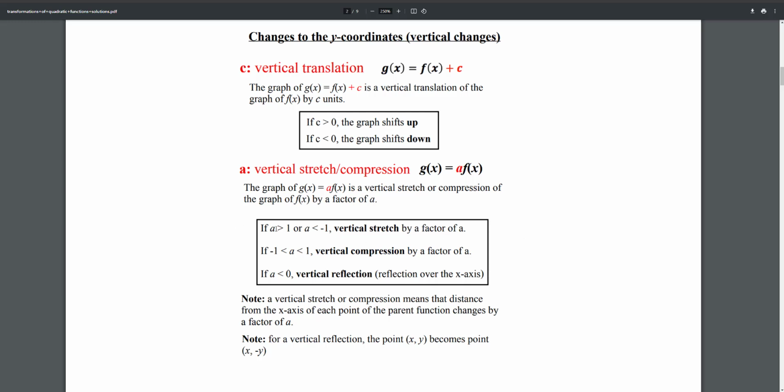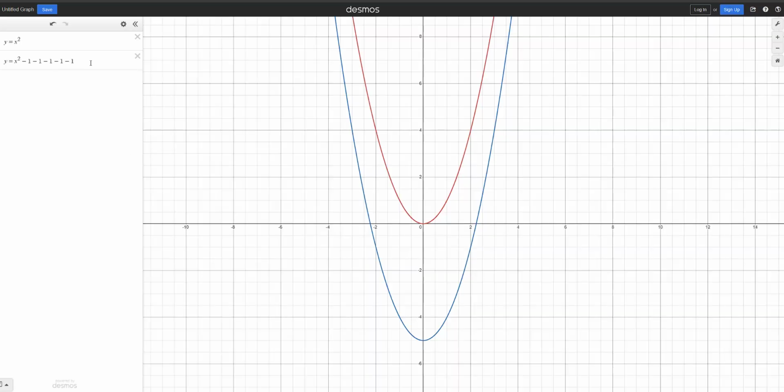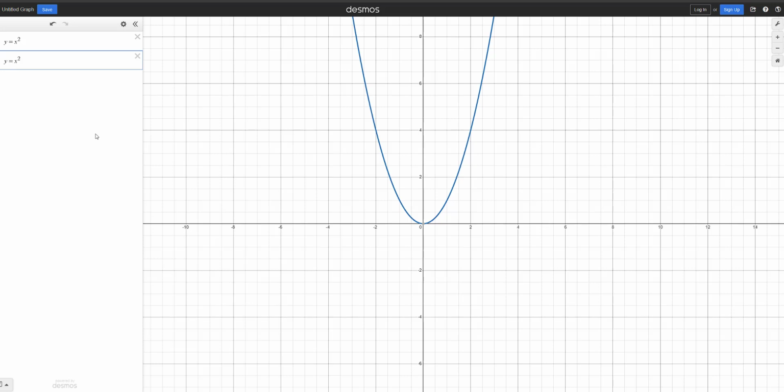So if A is greater than 1, it is a vertical stretch. If A is less than -1, it is also a vertical stretch. If A is a number between -1 and 1, it is a vertical compression. And a third point, if A is less than 0, it's a vertical reflection. So here we have 3 things. 1 is a stretch, 1 is a compression, 1 is a reflection. How does it work? Well, let's go back to our Desmos here. And if you haven't figured it out, A is the value that's in front of the function, multiplying with the function. So if I did 2x squared,